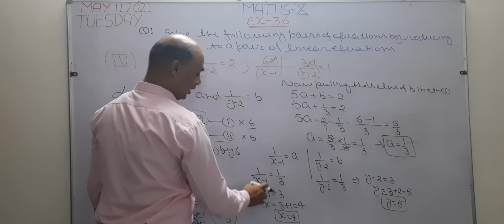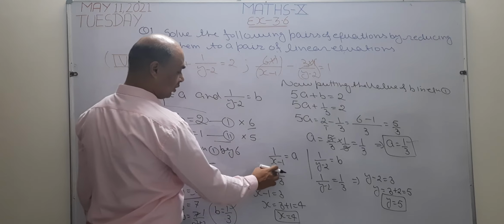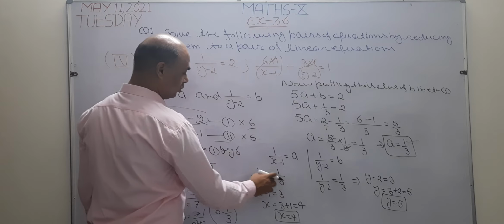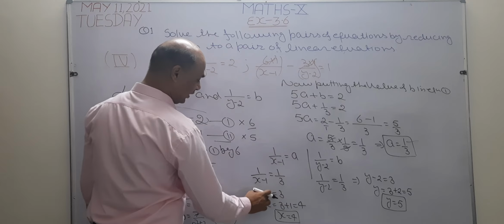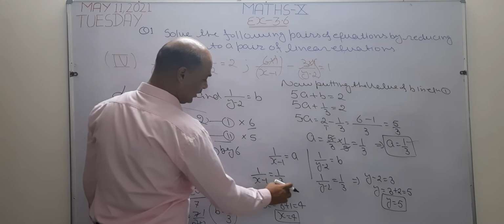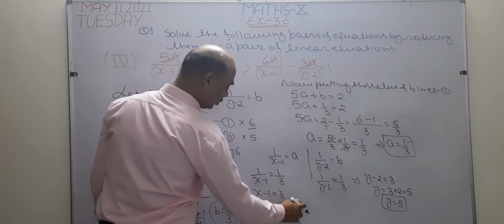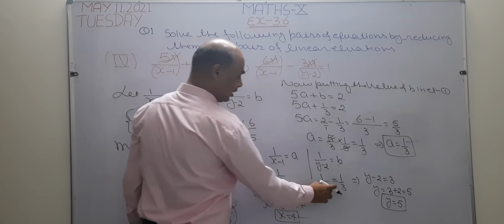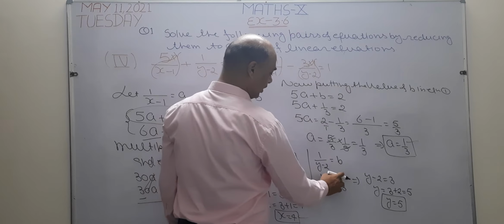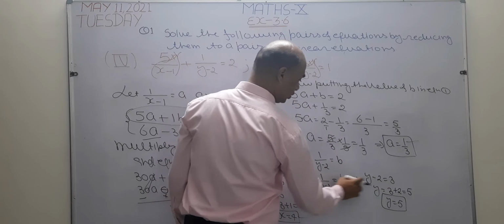Now I take cross multiply. When I take cross multiply, x minus 1 is going to multiply 1, remains same. 3 is going to multiply 1, remains same. So I take minus term from left to right, so this becomes positive. 3 plus 1 is 4. So value of x becomes 4. In the same way, I take cross multiply y minus 2 by 1. This remains same. 3 1s are 3. I take this negative term towards the right side, so this negative term becomes positive. Now 3 plus 2 is 5. The value of y becomes 5. So x equal to 4 and y equal to 5 are the solution of this equation. I hope it is clear.